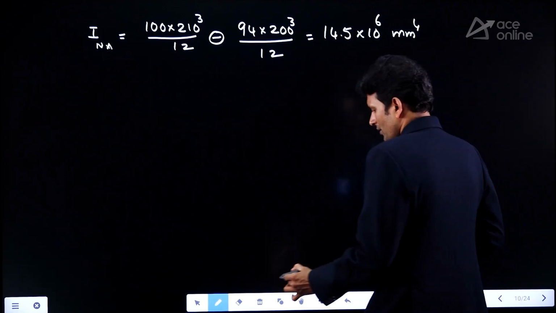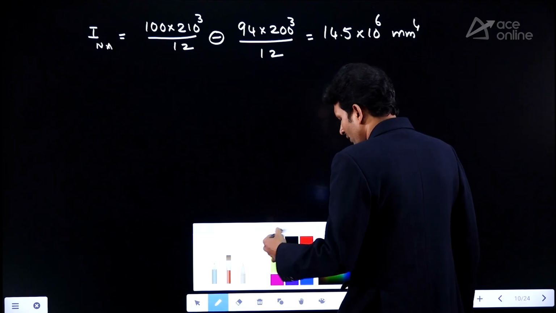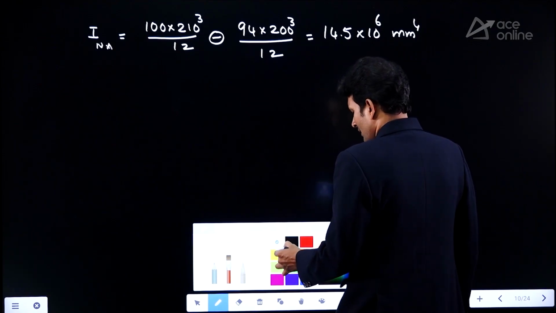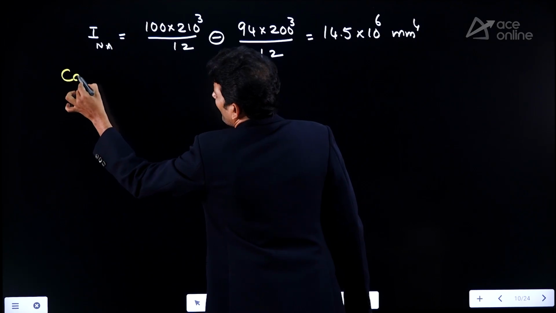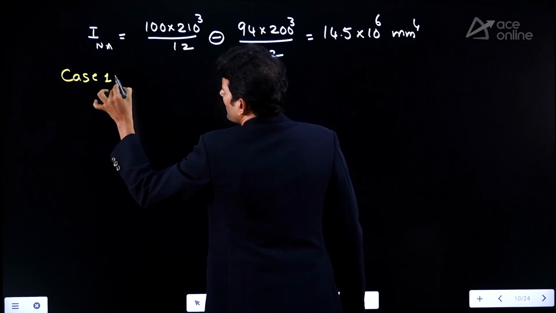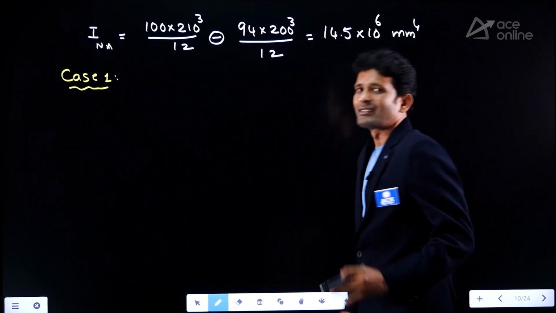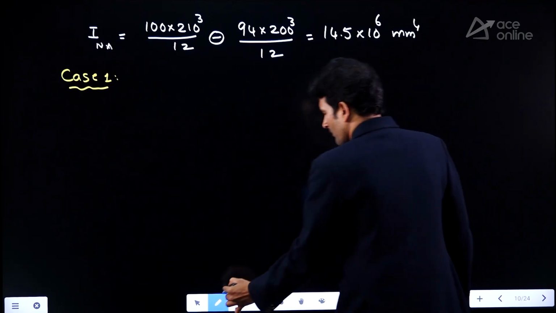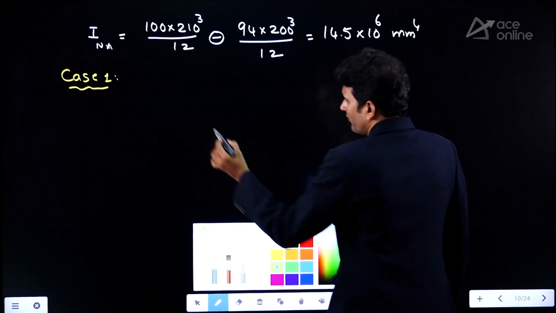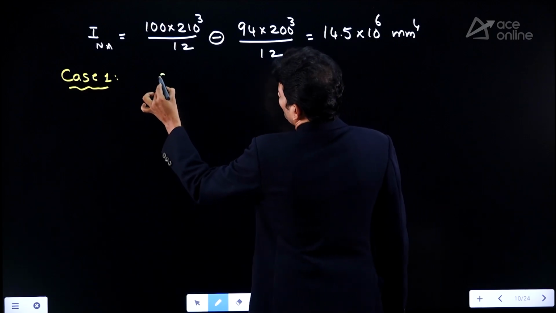Once I have this one, first, I am considering the permissible stress in the steel. Initially, case 1 I am taking. Case 1, by considering both permissible stresses, then we can decide how much UDL I can apply on the given beam. Now case 1, if I take permissible